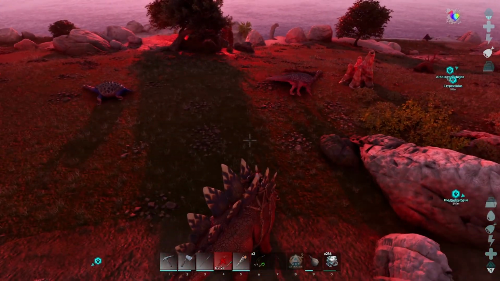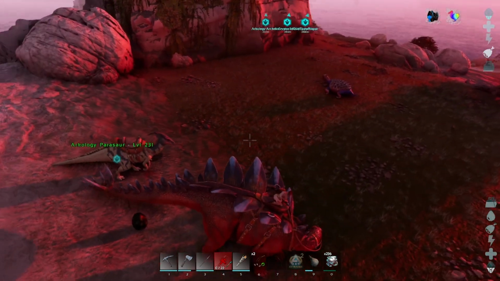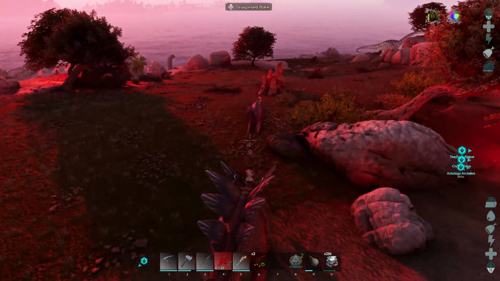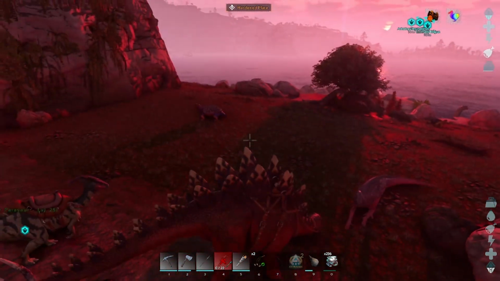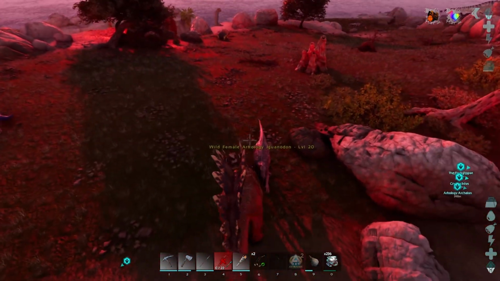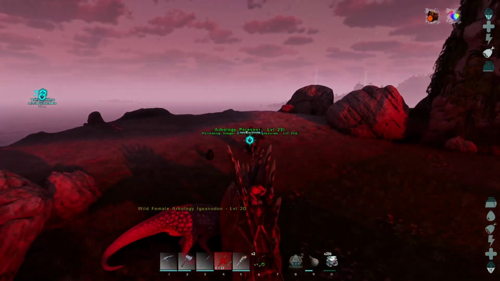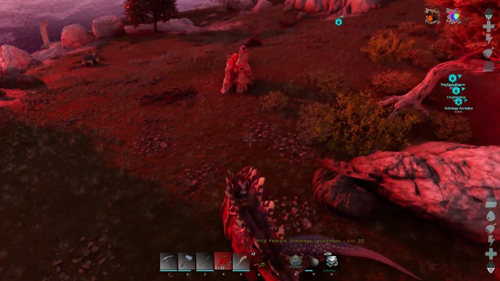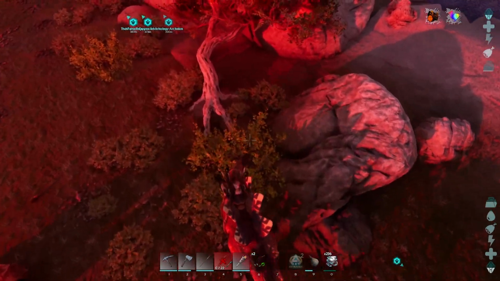I don't know if Stegos get weight reduction, but you know what they do get? They get, by pressing C, I can switch between their stances. We're gonna go with hardened plate for right now. Now, there's, again, a couple reasons why you want to tame a Stego. No matter what, they're almost a ubiquitous tame at this point. Number 1, let's come over here and, get...